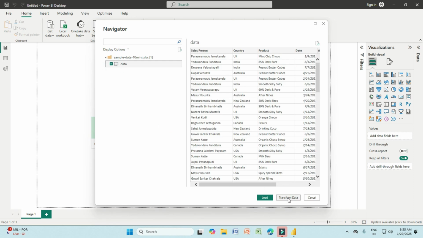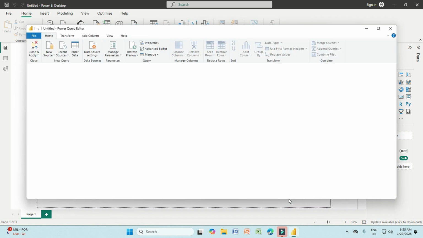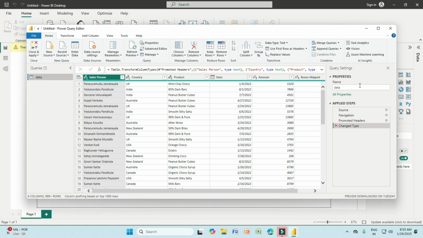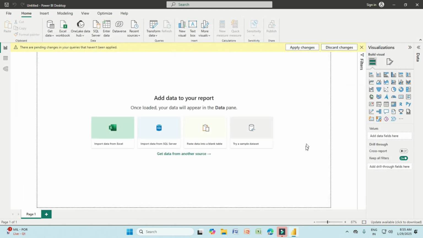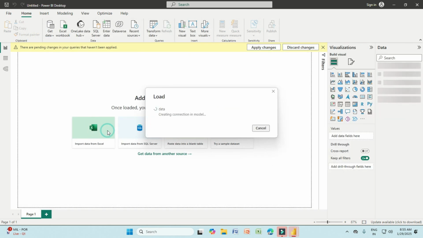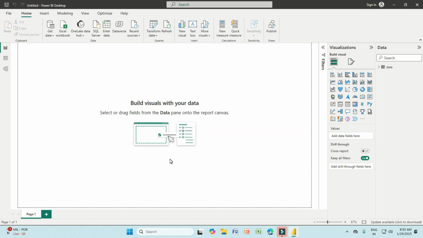You can change any country name, product name or date. You can select transform data. Otherwise, if you don't require it, you can close this. This way, after uploading the data,